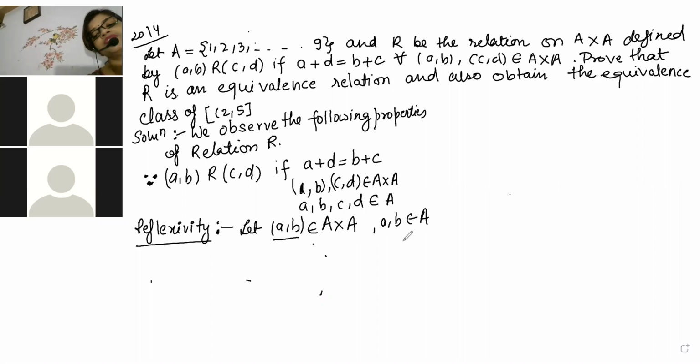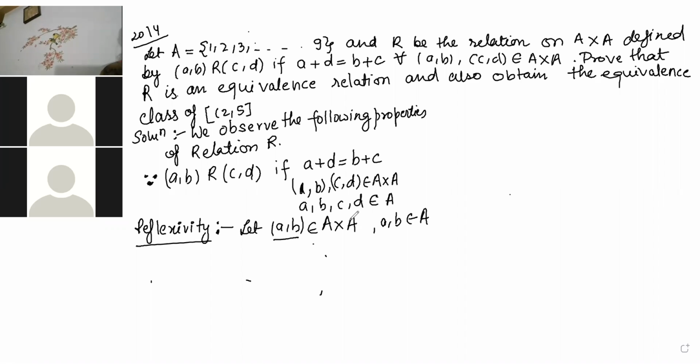If a, b are elements belonging to A, then their ordered pair will be belonging to A cross A. You must understand this, because again you will get confused about why I am writing the ordered pair (a, b) as belonging to A cross A. Because a, b belong to A, the ordered pair (a, b) will be belonging to A cross A. This is a very important point. I want my children to understand this one.